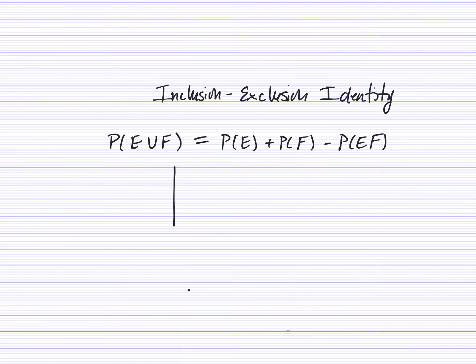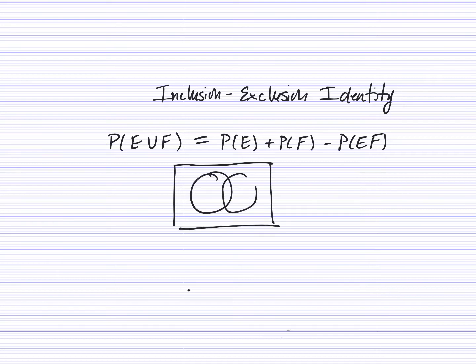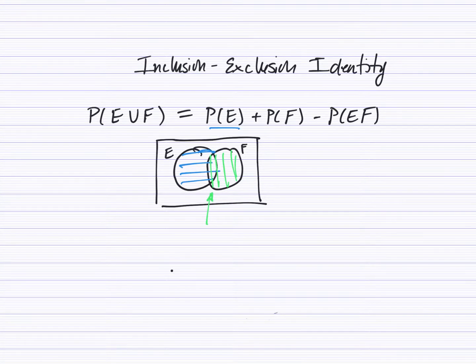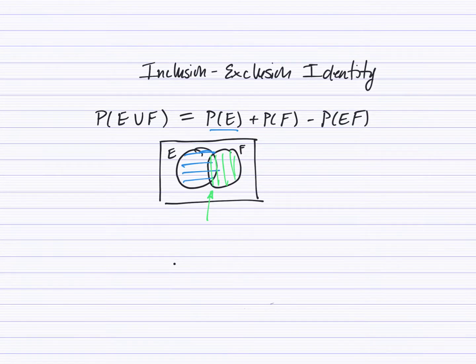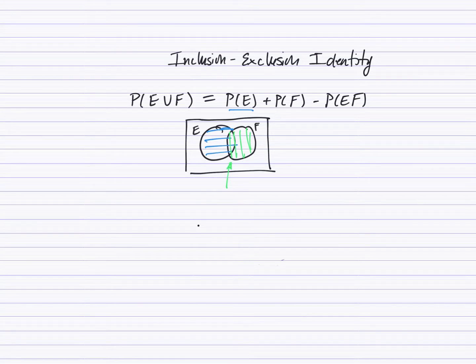So we can see this visually with Venn diagrams. If that's E and that's F, we add the probability of E, so we get this whole circle. We add the probability of F, we get this whole circle, and we see that we have counted that interior part twice, so we subtract off one intersection. And that should give us the probability of E union F without the overcount. All right,